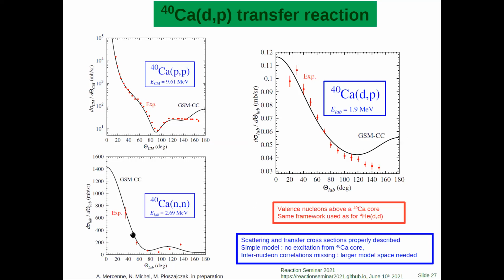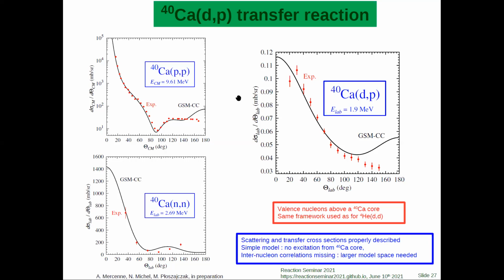We could nevertheless fit good proton and neutron scattering cross sections on calcium-40, and we can see that they are well described, except here at the very end of neutron scattering, which should increase, but it decreases instead. But at large energy, it's very difficult to have a good cross-section with a simple model where the nuclear interaction is too simple. And here, most importantly, we can see that the DP cross-section is very well described up to 120